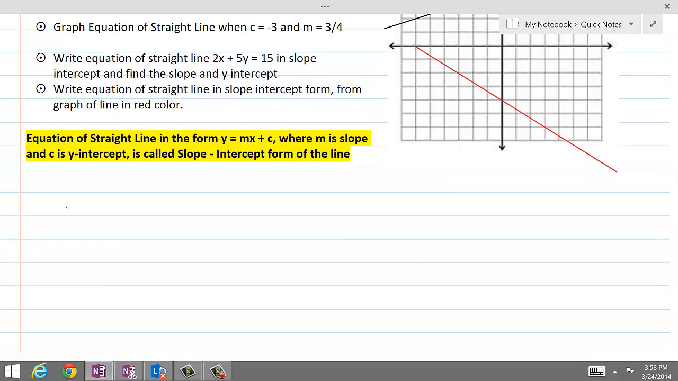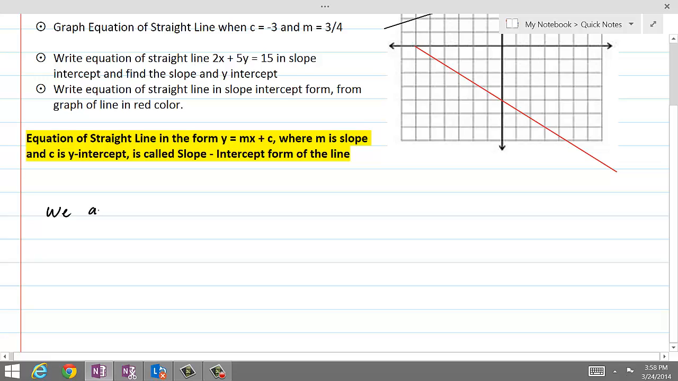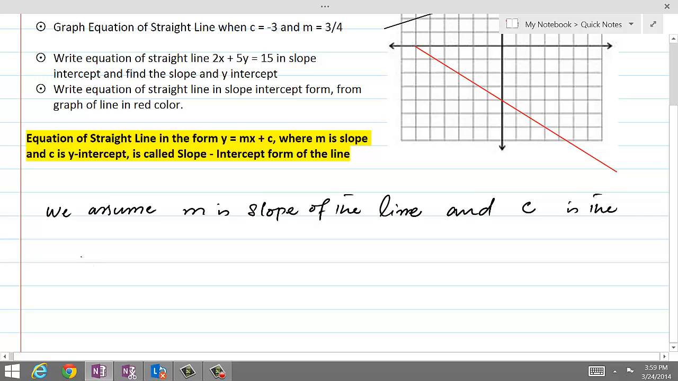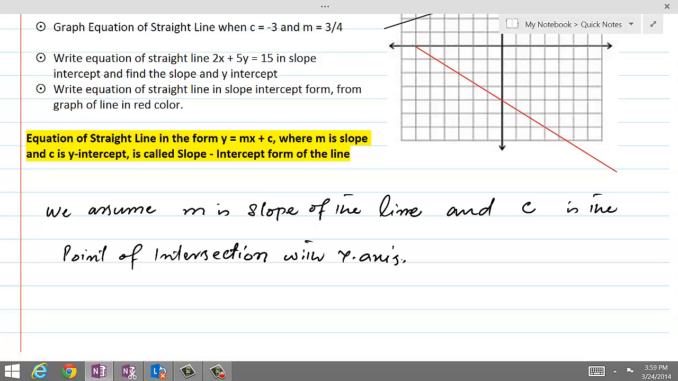So we assume that m is slope of the line, means that we know what is slope. M is slope of the line and c is the point of intersection with y-axis. So we know both of these things, that where line intersects y-axis, and we also know slope of the